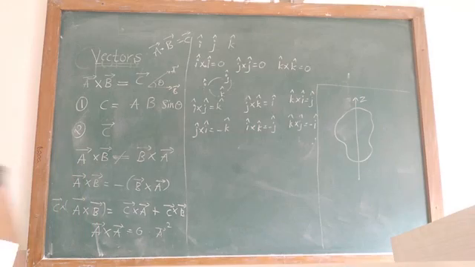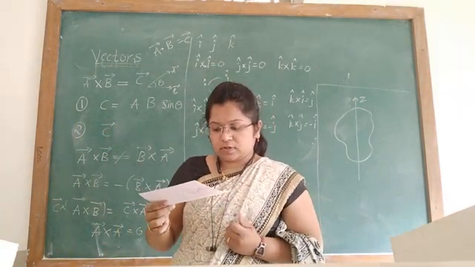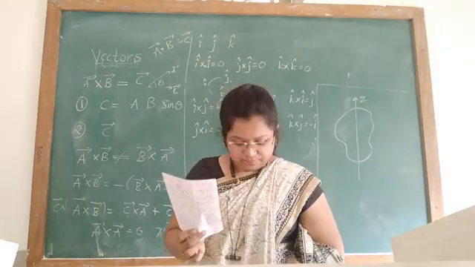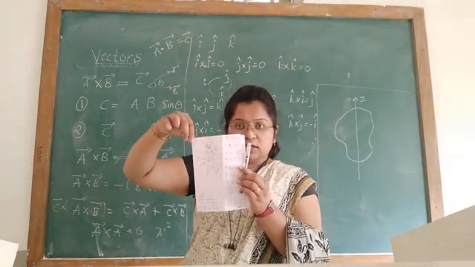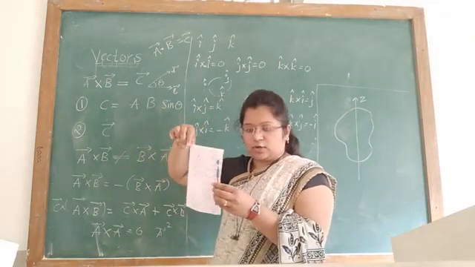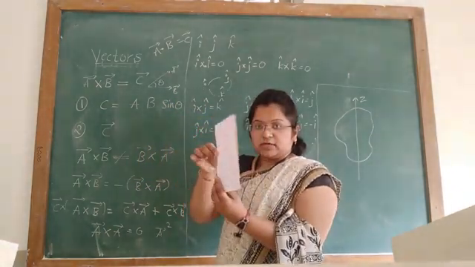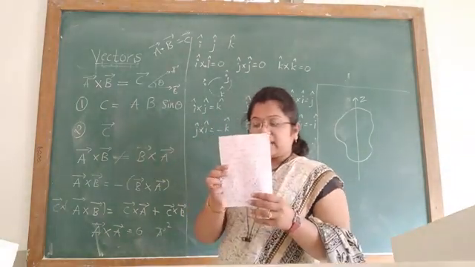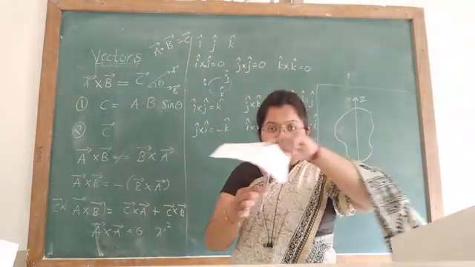Means if you consider, okay, this pen is there, this pen is one axis you consider. Okay, and this paper is there. This is one rigid body. Okay, this paper is rotating around the pen like this. The paper is rotating around the pen like this. Means the pen is one axis about which the paper is rotating.